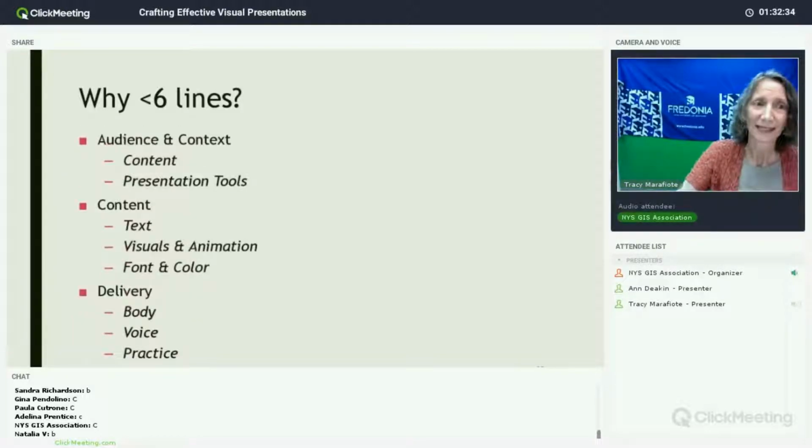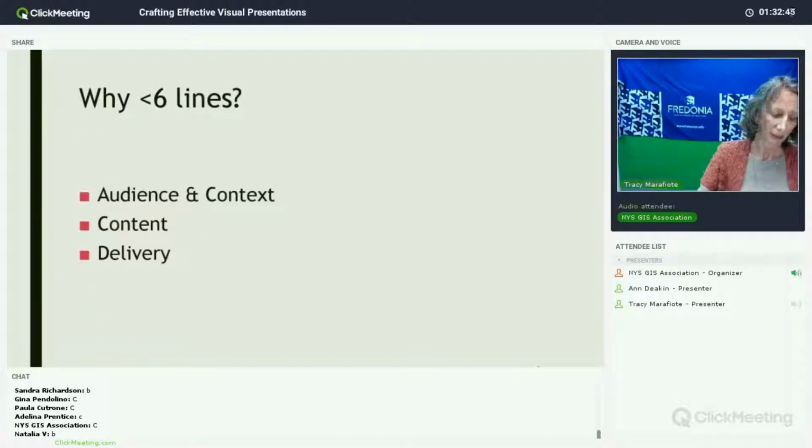All right, so why 6 lines? Well, let's condense this a little bit more. Even though I've gotten rid of some of those subpoints, even this is really too much and unnecessary. So what do we do? Then we identify the key points, the primary things that I want to make sure that you take away.